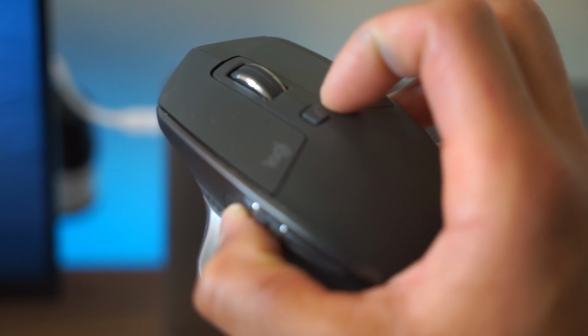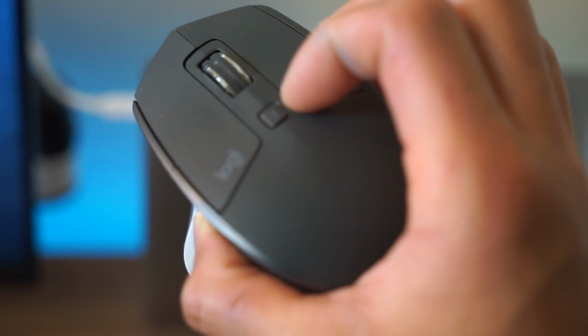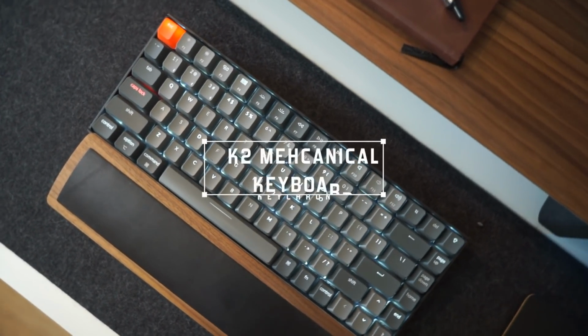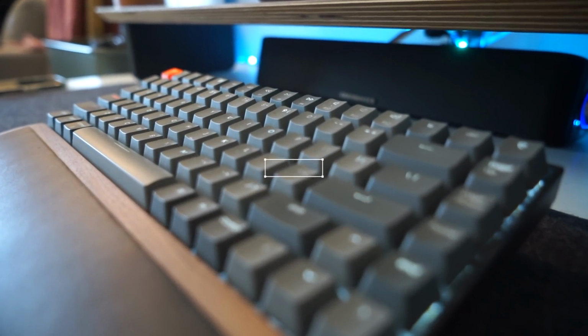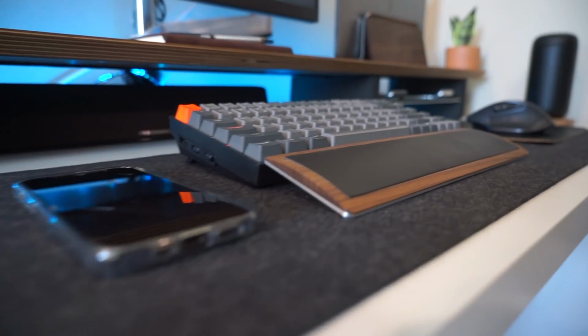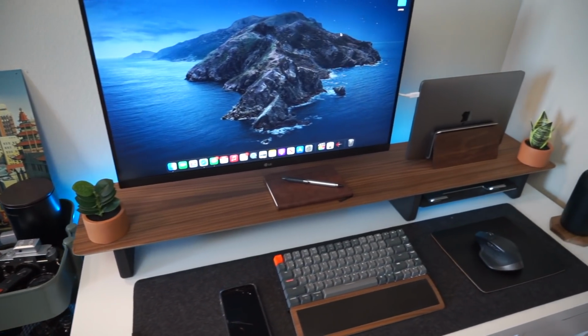Personally, my favorite feature is the little scroll wheel here on the side, which makes scrolling through your timeline on Final Cut Pro very quick. Now, as for my keyboard, I went with the Keychron K2 with brown switches. This is my first mechanical keyboard, and I'm not a keyboard junkie whatsoever, but it has been one of my favorite investments in the last year or so, just because it looks really good, has a nice kind of grayscale